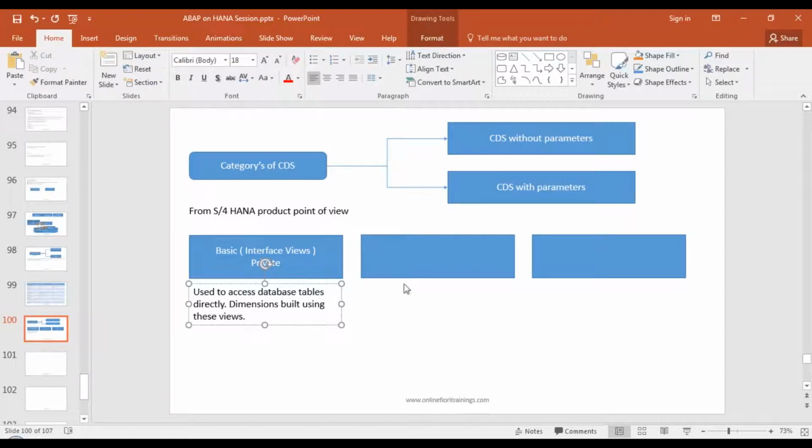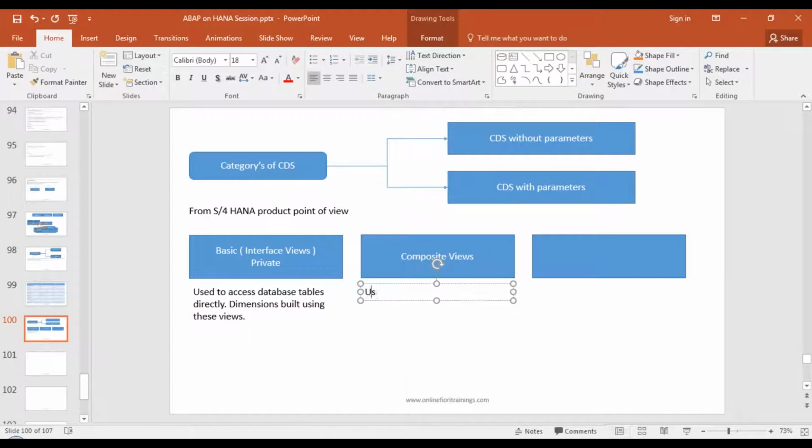The second type of views are composite views. Composite views are intermediate views. They are basically used to define the analytical capabilities, and they are used to combine multiple interface views.